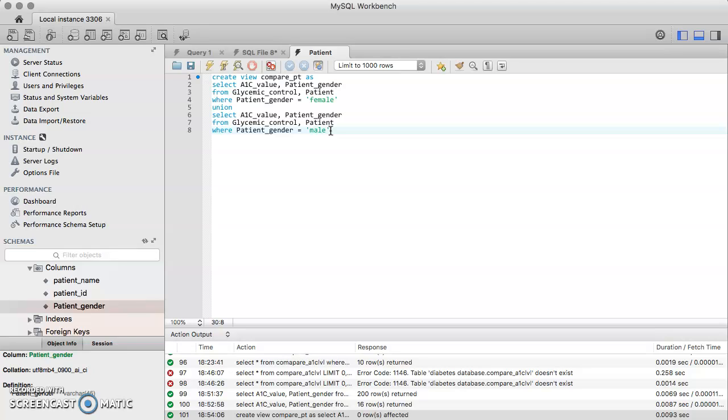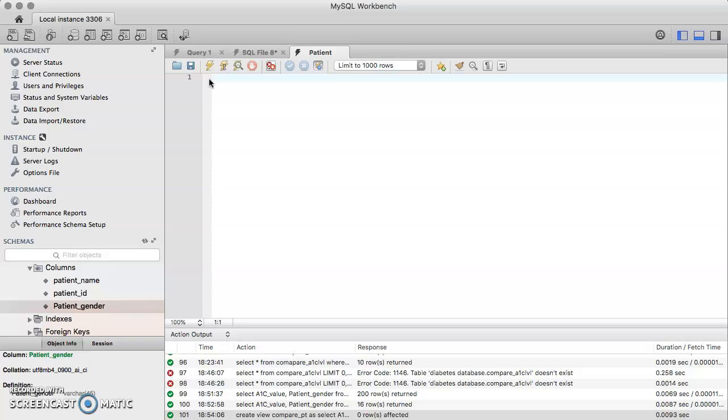So now in order to do the second part of the assignment, which is after you create this view, I'm creating another view that would display patients with an A1C of 6.5 or higher. So what I'll do is run another select statement. So select from the view that I just made, which was compare underscore PT,